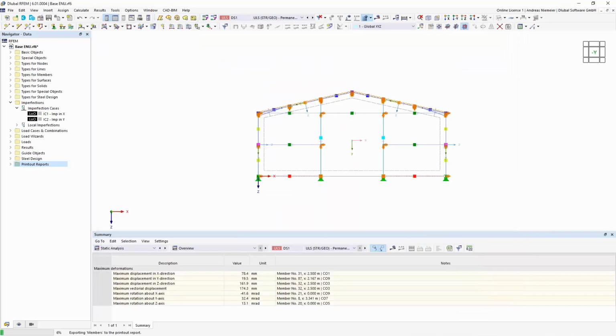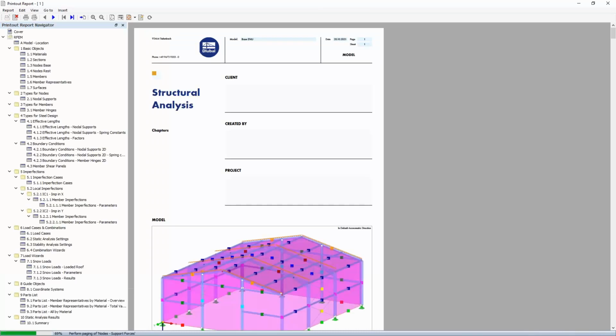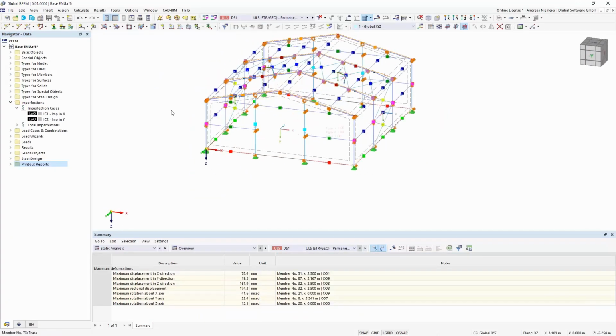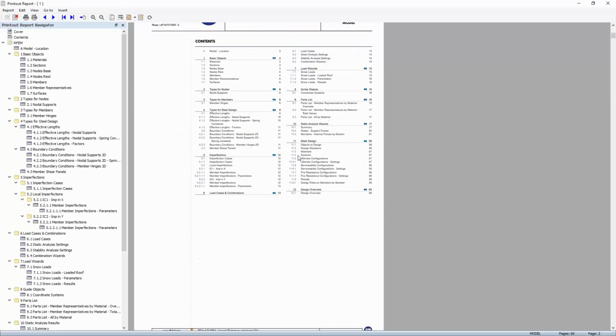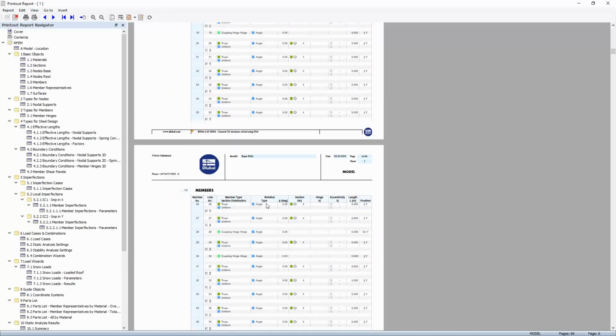This means now the program exports all data from this model into another application and creates it in a table style. And this other application is not connected directly, so you can only export data or refresh it, but it's still possible to work in RFEM while you have an open report session. So we can jump back here where you get all data displayed in the style that your client can read the data like it's needed.